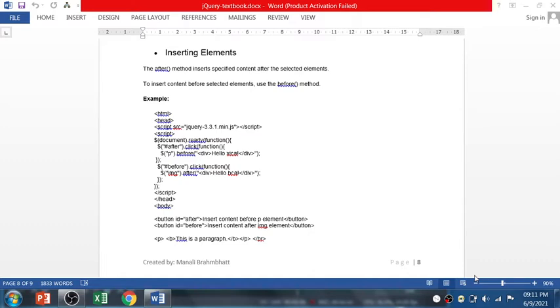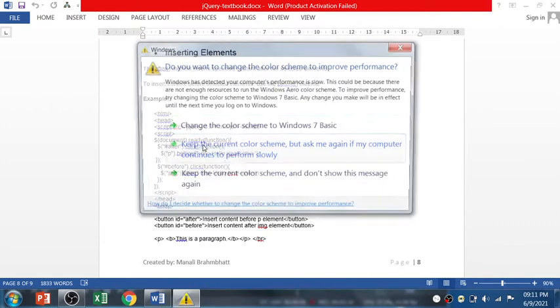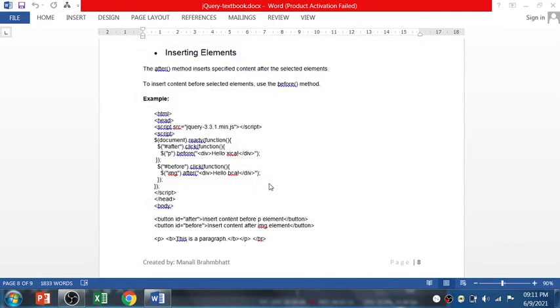For example, in the HTML head, the script jQuery library file is included. You can see it on the screen. Then the next is again a jQuery script tag, and the document gets ready using the .ready function. Inside that there is, you can see, $ hash after, so it will be the ID of the particular HTML element.